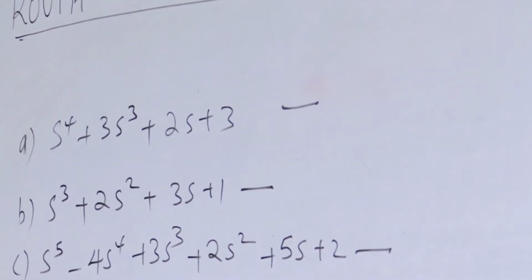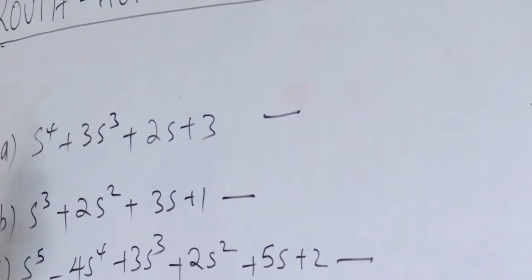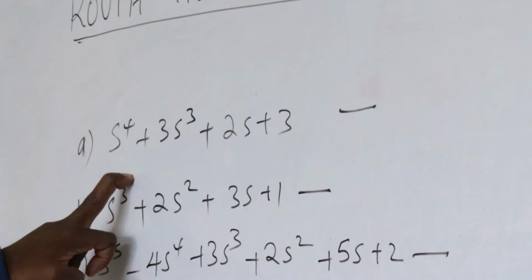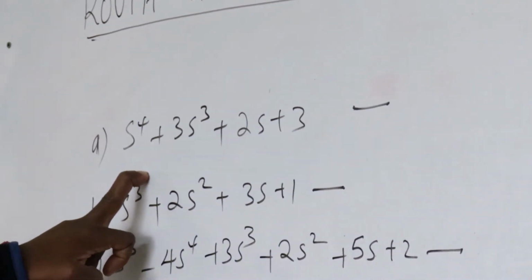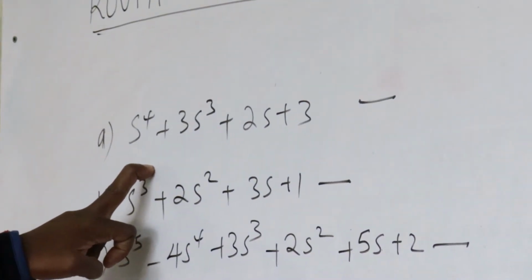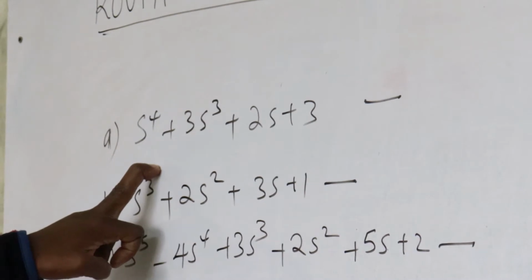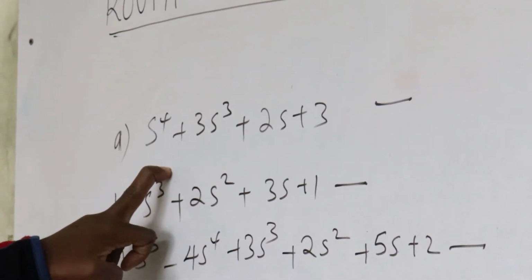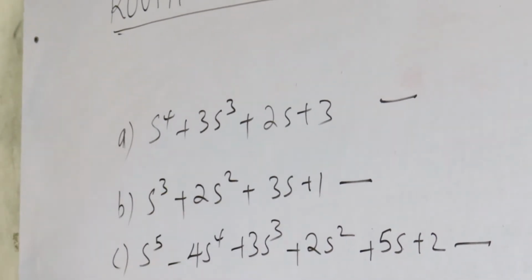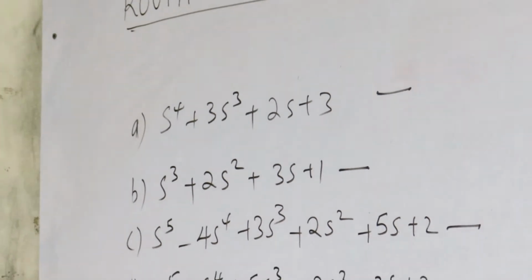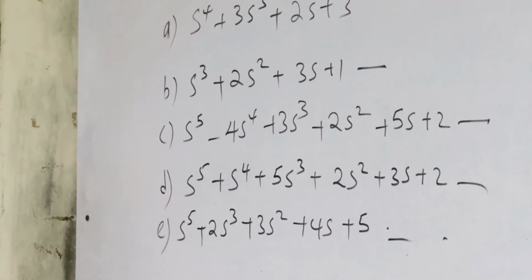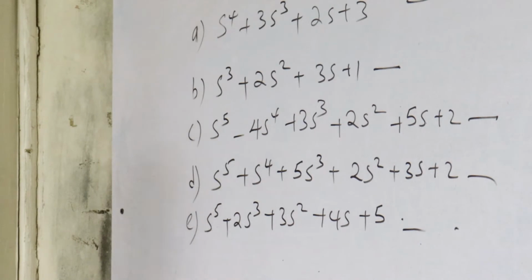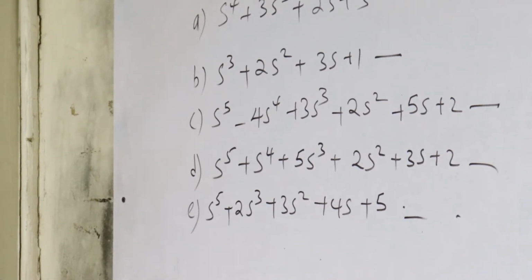From what I've given, I'm repeating that if all the coefficients are present and positive, the system is stable. If one of the coefficients is missing, then the system is critically stable. And when any of the coefficients is negative, then the system is unstable. So that is what is going to determine stability. So from that, the first one is